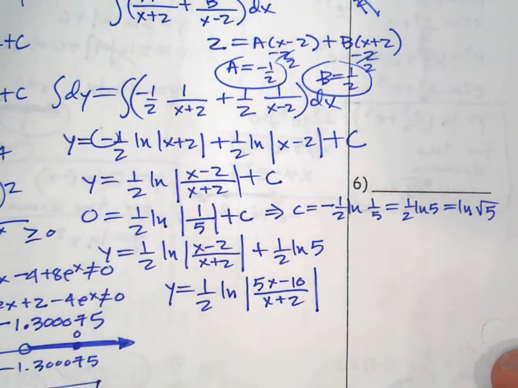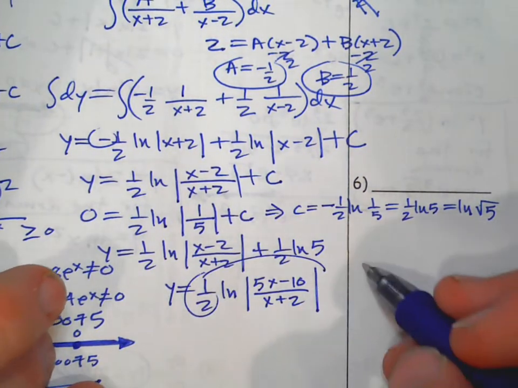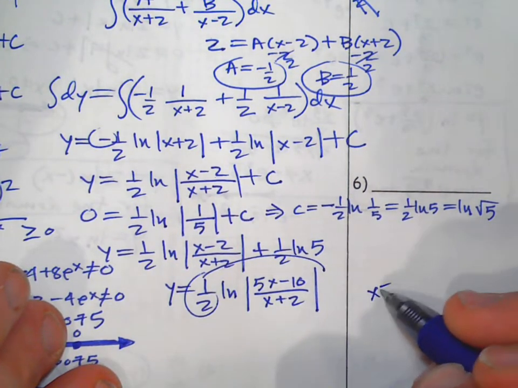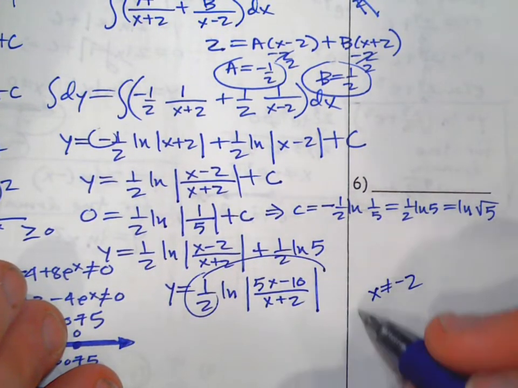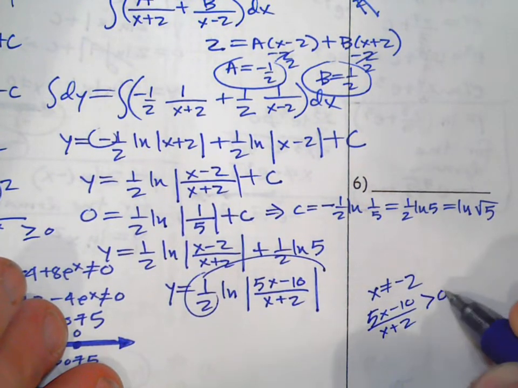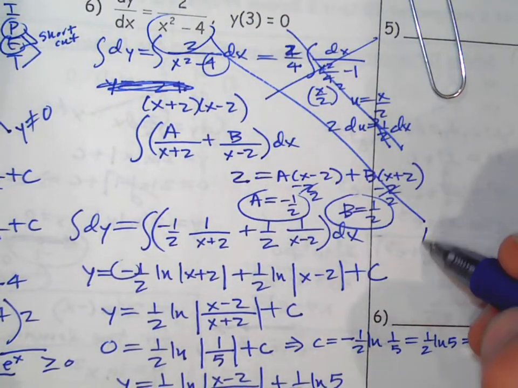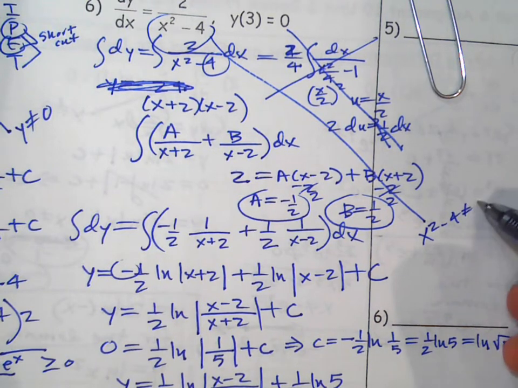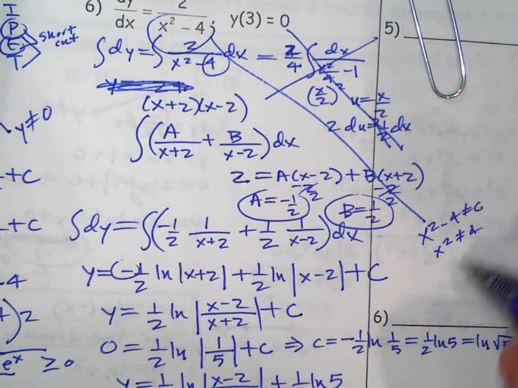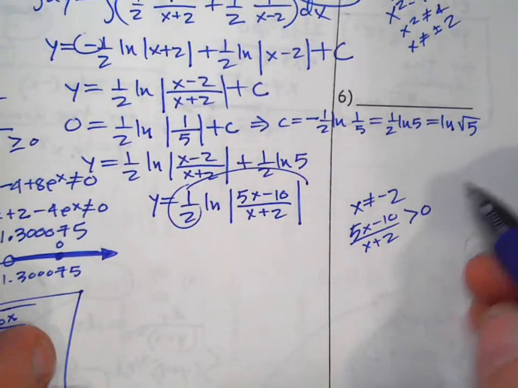All right. But I've also said that we should always be able to write this without the absolute values for our final answer based off the domain. I think we'd also bring this 1/2 in as a square root. But let's check out the domain. One, x cannot equal -2. The other thing is that (5x minus 10) over (x plus 2) has to be greater than 0. If we go up to the top, this shows us that x squared minus 4 cannot equal 0, so that means x squared cannot equal 4, which means x cannot equal plus or minus 2. So we have two issues there. This right here,